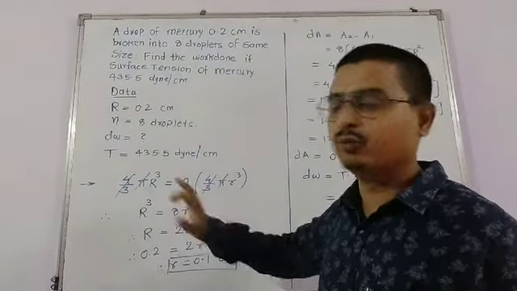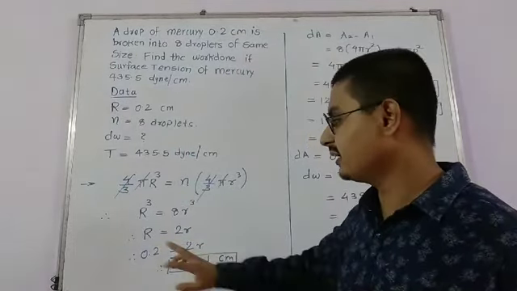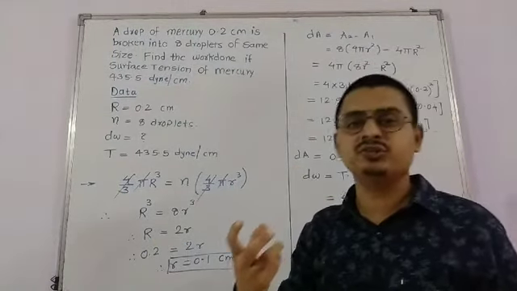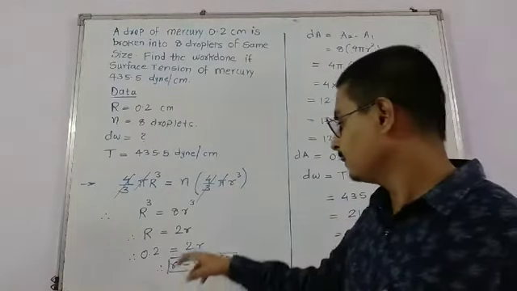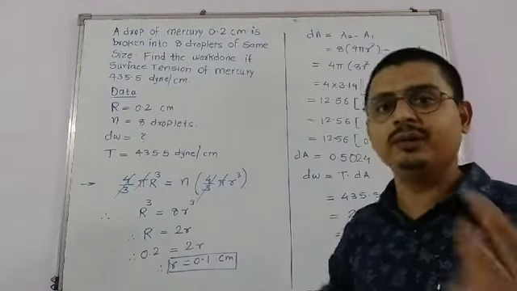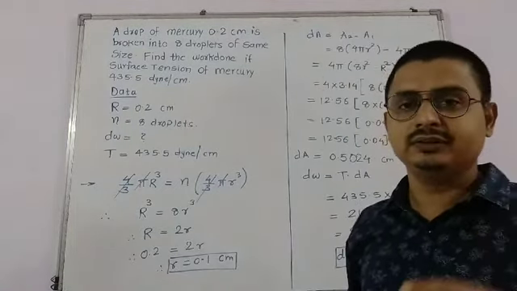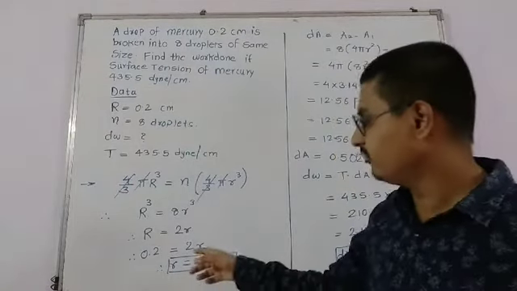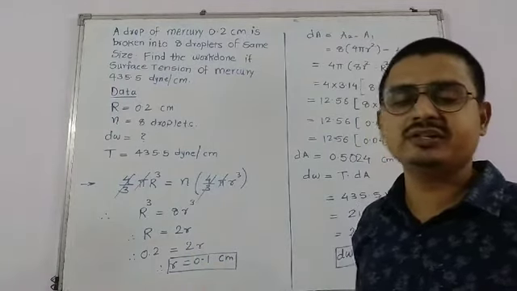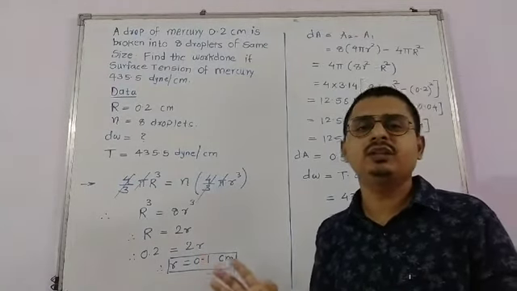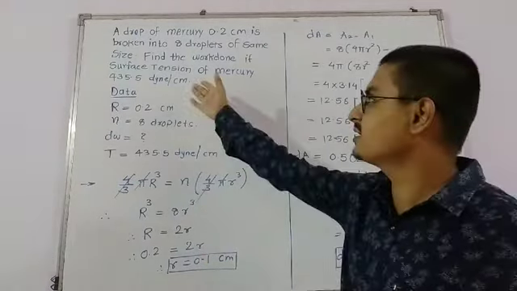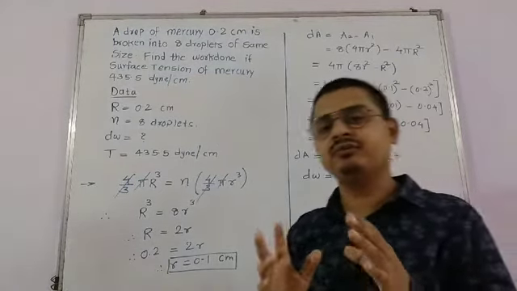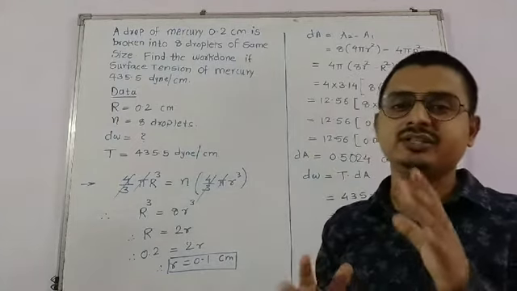So if we take the cube root, R equals twice r. This capital R is 0.2 centimeter, the initial drop was 0.2 centimeter diameter. So that is equal to double of a single droplet. ये जो 8 drops हैं उनमें जो radius होगा उससे double है. So here we get small r equal to 0.1 centimeter. Right now keep all the dimensions in CGS क्योंकि यहाँ पे surface tension भी CGS में दिया है, radius भी CGS में दिया है, so all the answers will initially be in CGS.